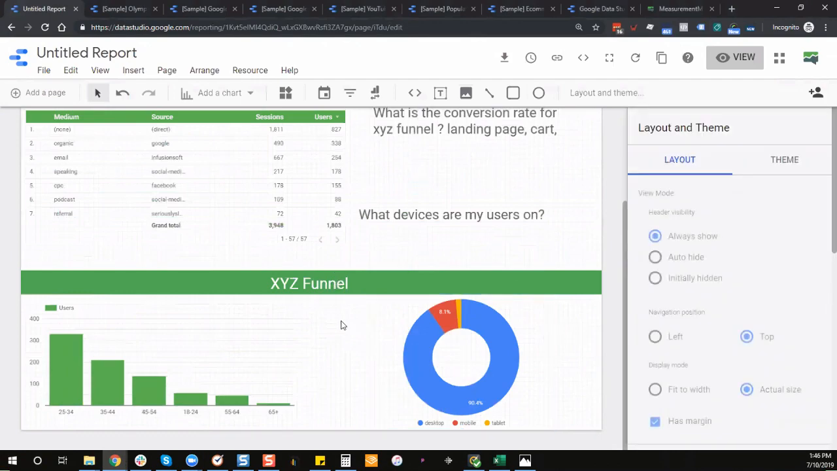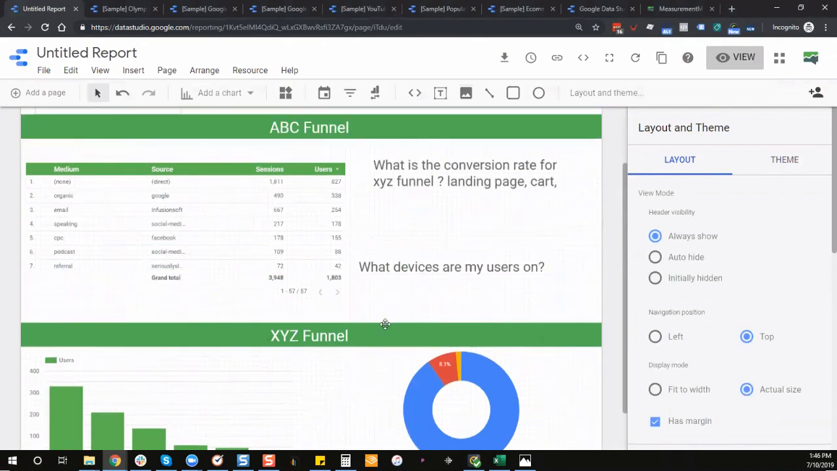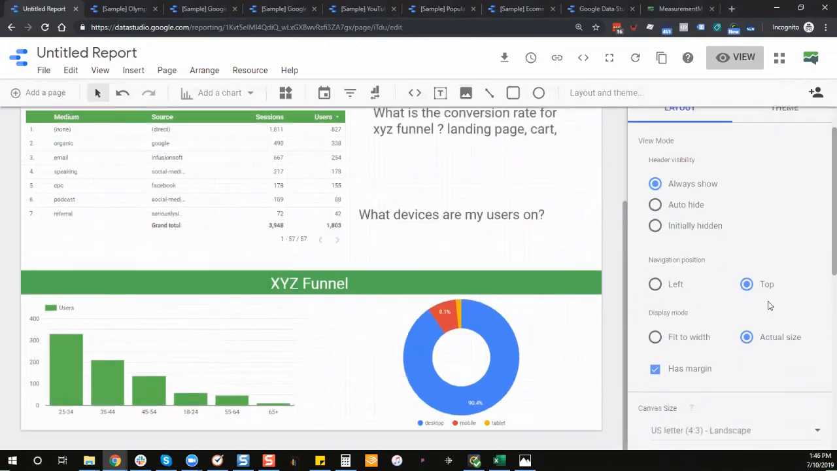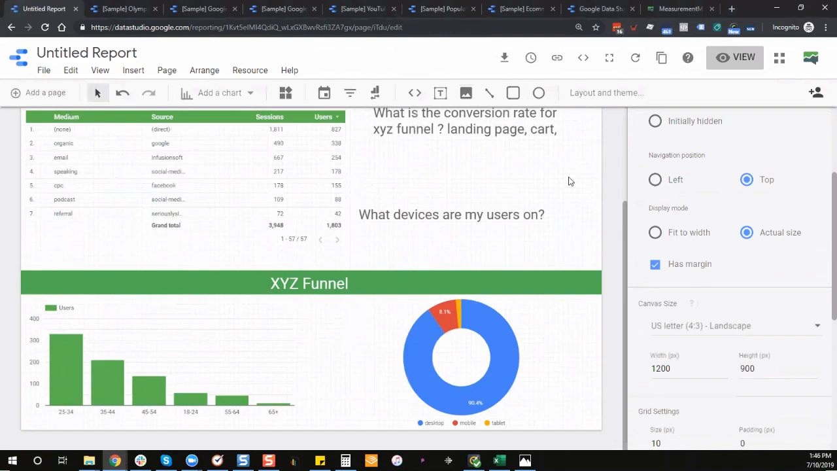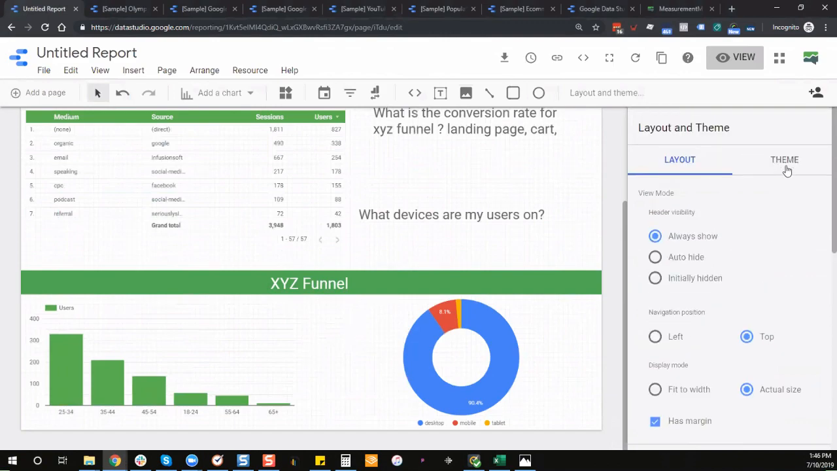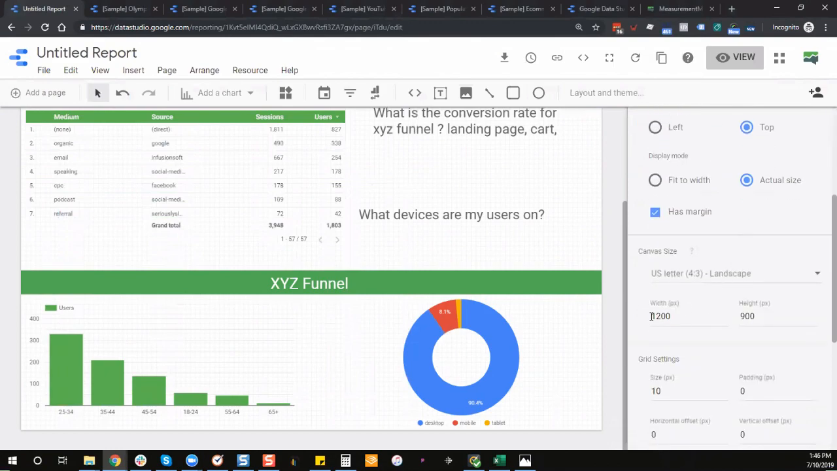And another fun thing, so what happens when we run out of room? Do we have to go to another page? Are we done? Do we have to squeeze everything, make everything smaller? No, you do not. What you do is click off of everything. I'm now back at layout and theme. I'm on the layout section, and this is where